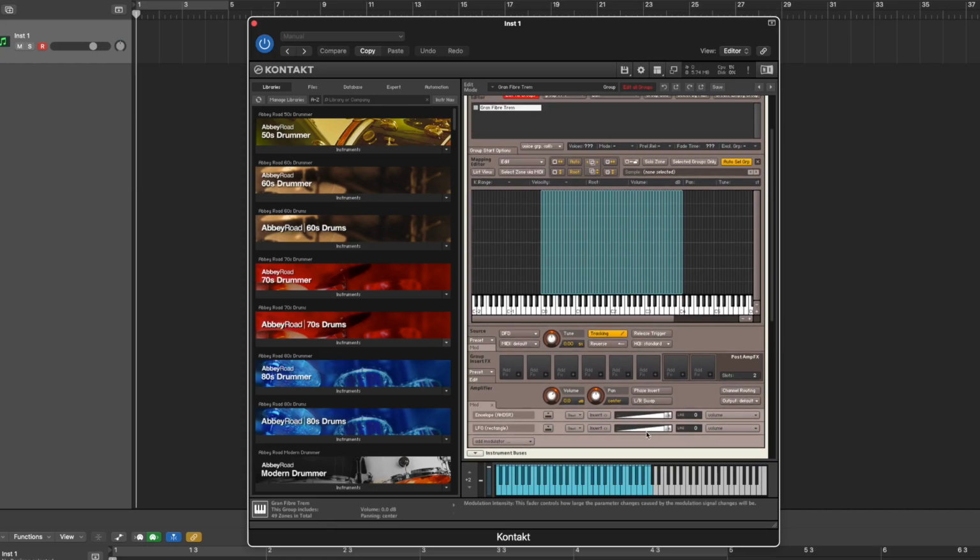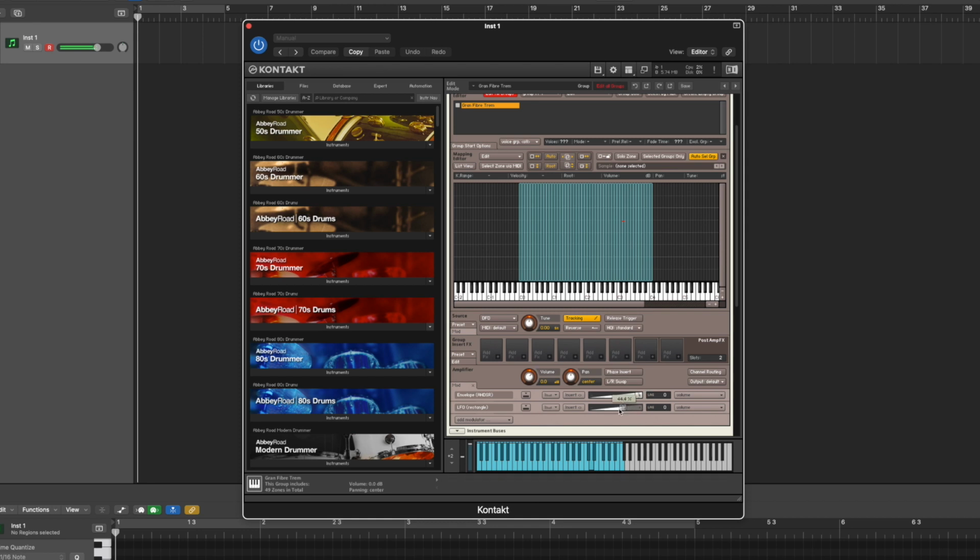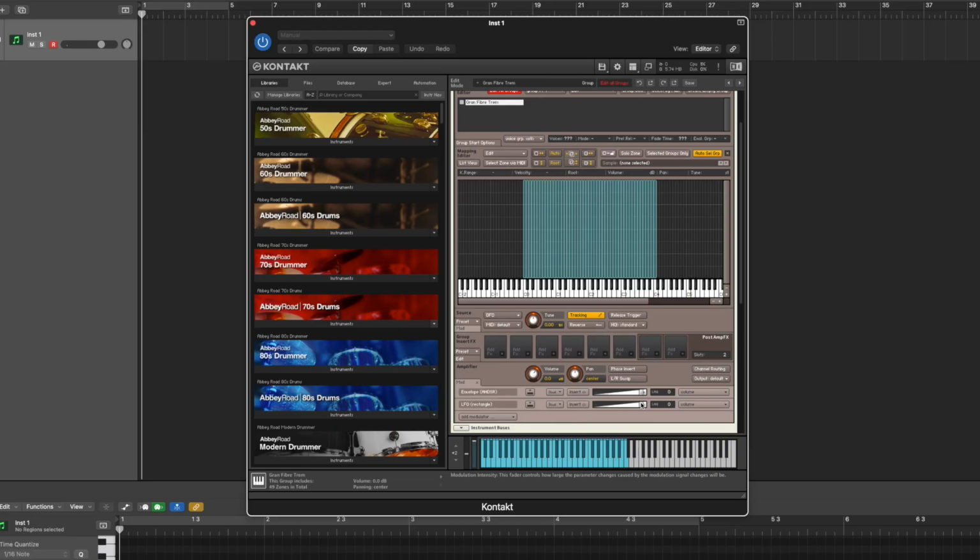Now this is where it gets a little bit complicated because there is a little bit of a workaround that I had to find in order to make this work. Up here at the top, there is an intensity. How intense do you want this effect or modulator to be on the group? So as I drag this down, you'll notice it will disappear. Great, that sounds like exactly what I want, except when I try and right click and learn MIDI CC automation,